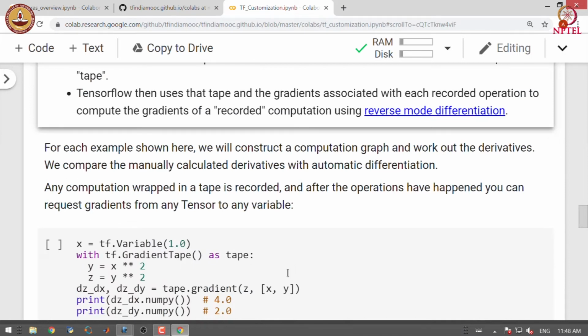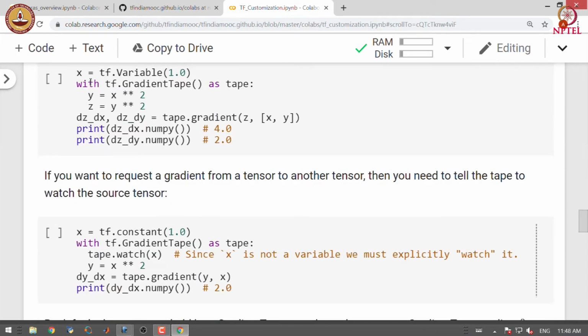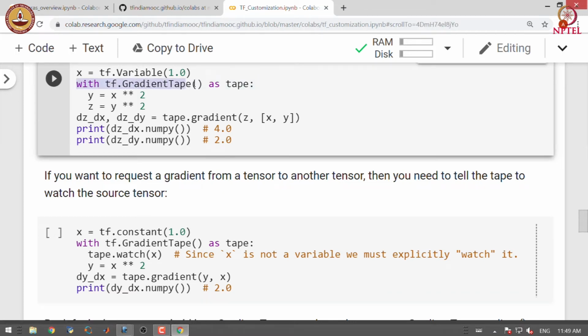Let us take a concrete example. We define x to be a variable, and in the context of the gradient tape we perform two operations. First we raise the power of x by 2 and we get y as a result, and again we raise the power of y to 2 and we get z.